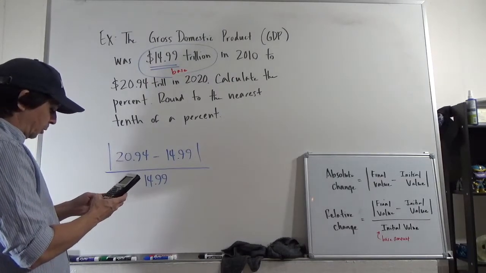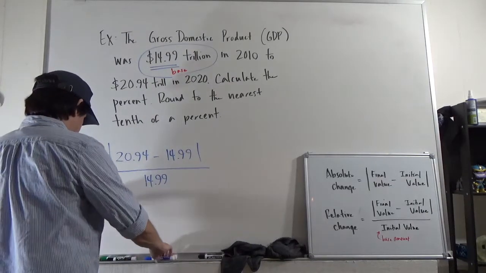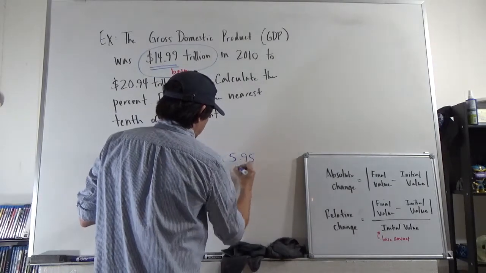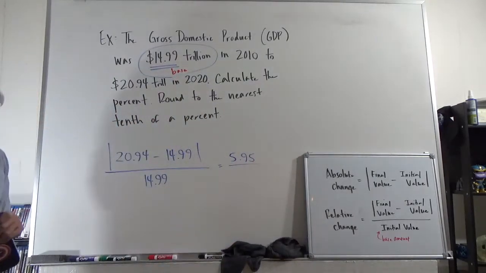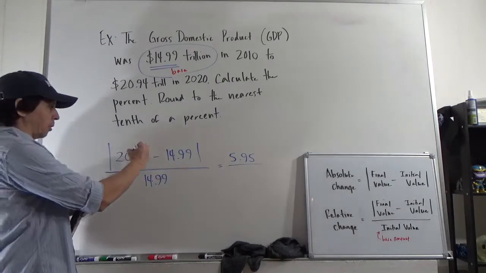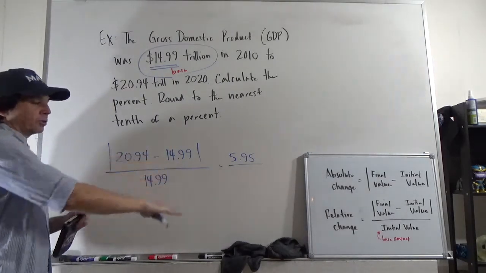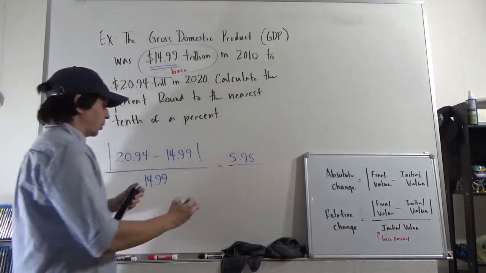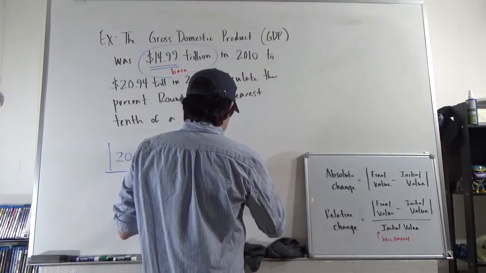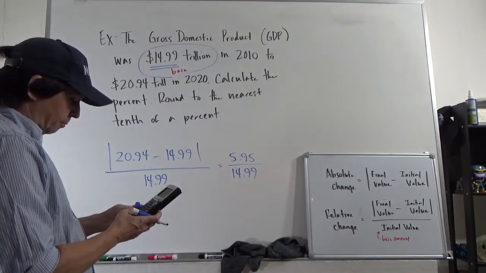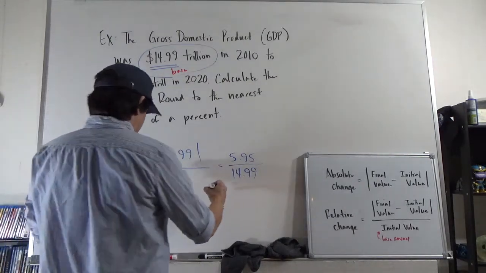20.94 minus 14.99. 5.95. So it was an increase of $5.95 trillion. Again, you don't need to put standard notation for all of them, as long as you're doing the same consistent trillions for all of these. 5.95 divided by 14.99. Okay, and I got